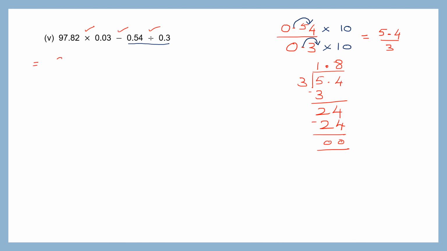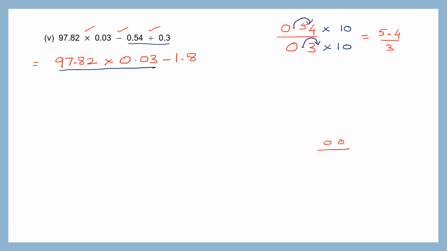So let me copy my question as it is. 97.82 into 0.03 minus 1.8. Now I have two operations. I have a multiplication and a subtraction, and I need to do my multiplication first. So let's go ahead and do the multiplication of 97.82 and 0.03. Now when you multiply, the rule is ignore the point and multiply. So I start with 9782,